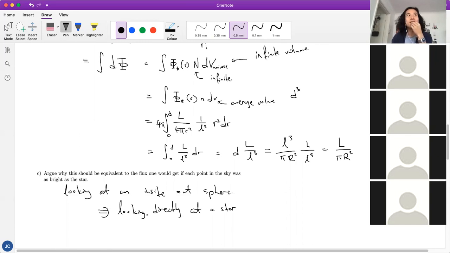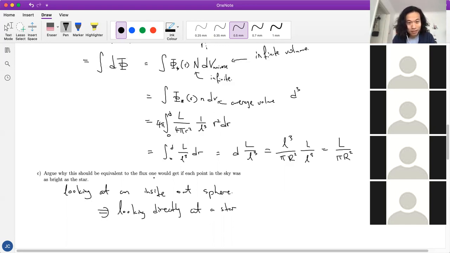Let's see if I can phrase it better. No, I don't really think so. So, does it make sense? You're looking at the sky, and the sky looks like a sphere. If every single point on the sphere is as bright as a star, then the whole thing would just look like a star, because it's a sphere and every point is the same as a star. It sounds really circular, but